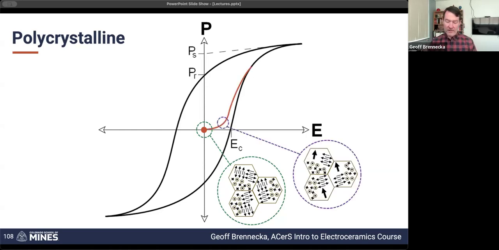As we increase an electric field, so we're increasing the electric field in this direction, the sample is going to respond by polarizing. So you apply an electric field, the positive ions are going to go one way and the negative ones are going to go the other way. That's what polarization is. The domains that are most favorably aligned with the direction of the field that you're applying are the ones that are going to respond first. So it's low strain to switch a 180-degree domain wall